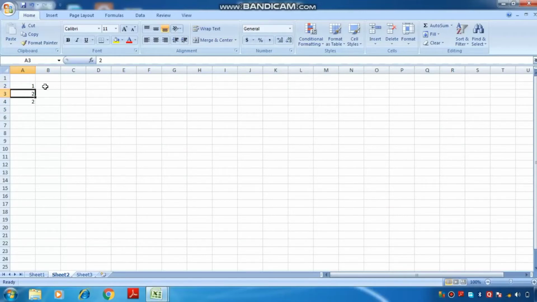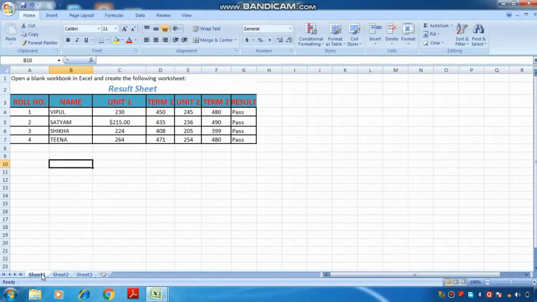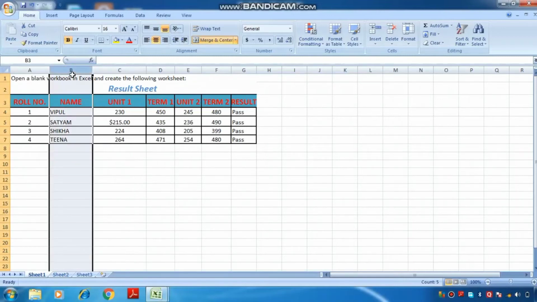And if I write any text like this, here you can see the text is by default aligned to the left side of the cell. But these default alignments can be changed if needed. First of all, we have to select the cell whose alignment is to be changed. Suppose I go to my prior sheet where I have to change the alignment, then I have to select the cell.